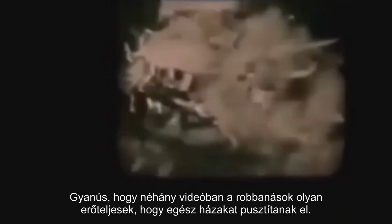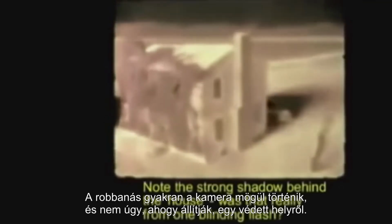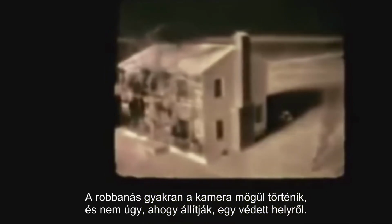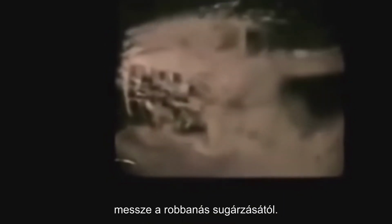Suspiciously, in some videos, the explosions are so violent as to obliterate entire houses in an instant, but yet the camera filming right next to the house survives unscathed and unshook. The blast often comes from behind the camera, and not, as they claim, from a protected location far outside the